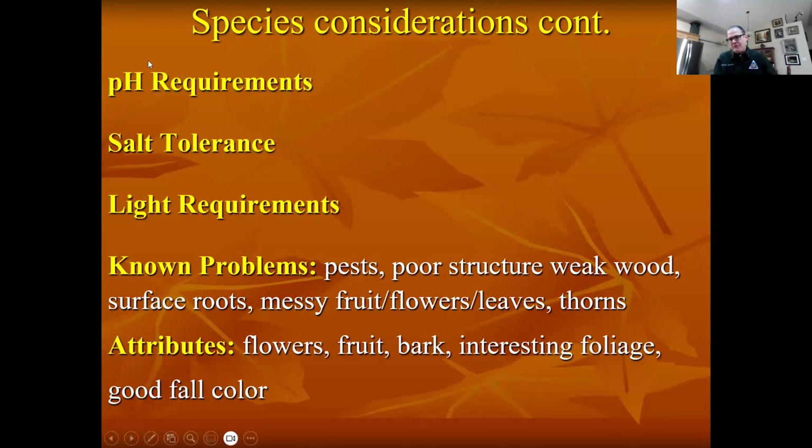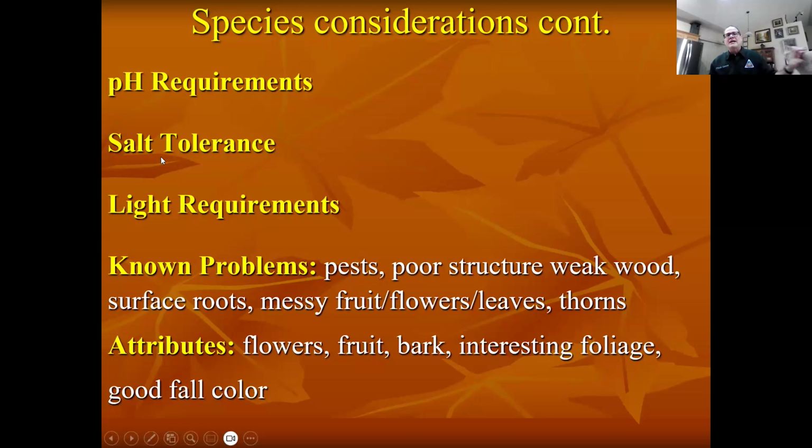So if you know the tree you want likes an alkaline soil, and if it doesn't get that, it can mess it up, test for pH. If it says wide range of pH tolerance, you don't have to test for it.